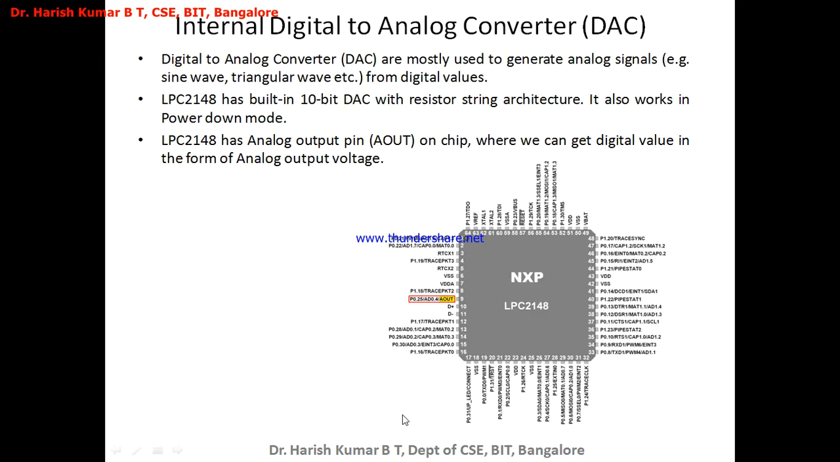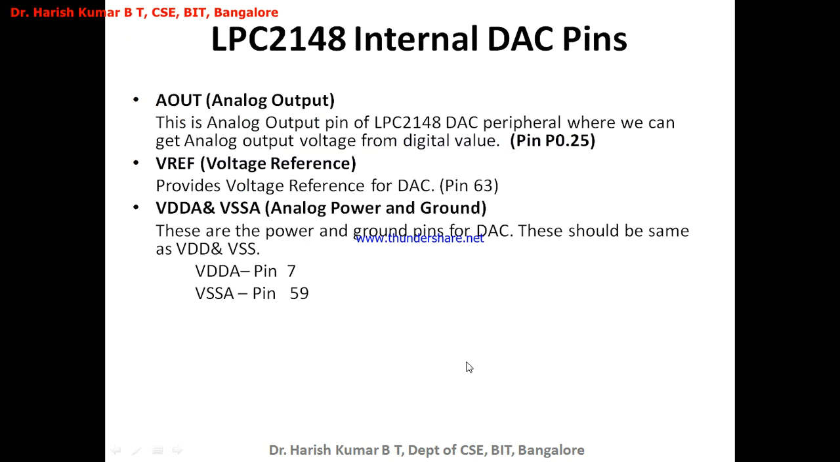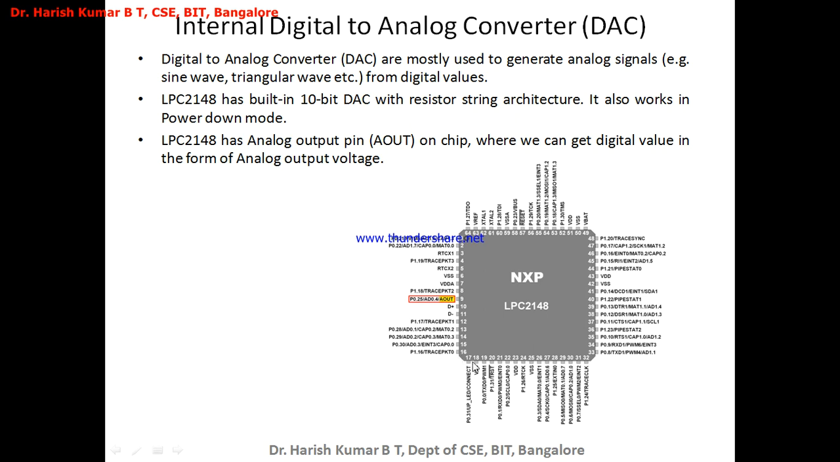Now pin number 7 is here. This is VDDA, analog power. And then one more, VSSA. VSSA is pin number 59. So 59 is